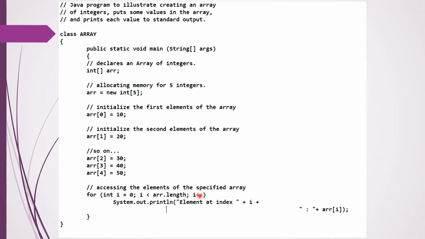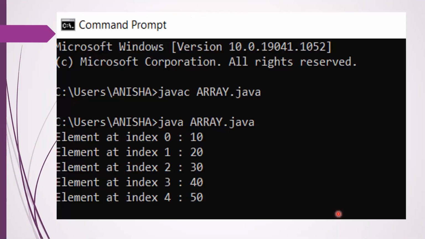If so, then it is incremented. First it will be 0, then incremented to 1, 2, 3, 4. So 0 to 4, totally 5 integers. I print it using System.out.println, which is used for printing in Java. Element at index i, whatever the iteration is, followed by the array of i. The element will get printed.